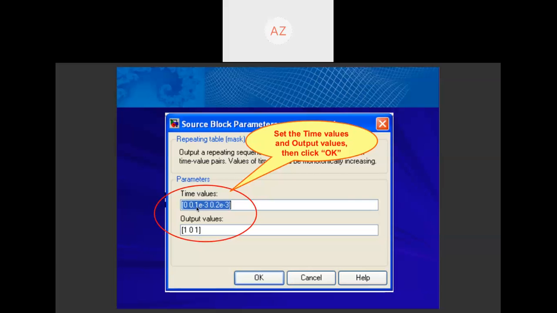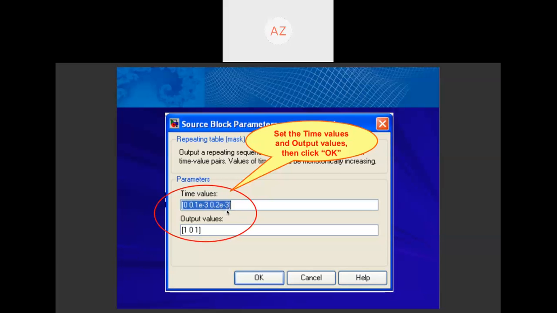E minus 3 means 0.1 millisecond. Then a space, then 0.2 millisecond, 0.2 E negative 3.